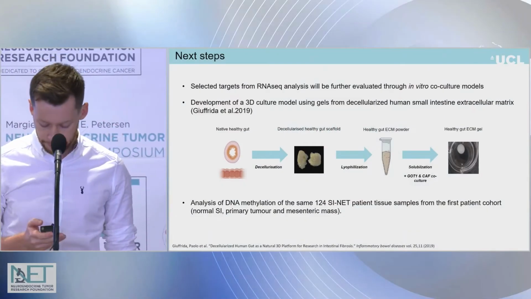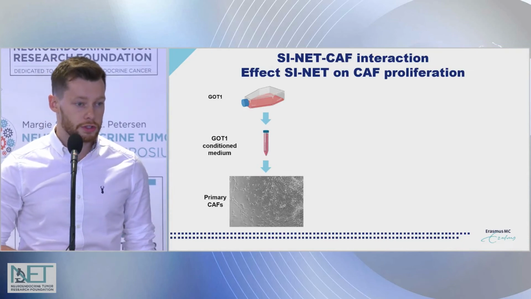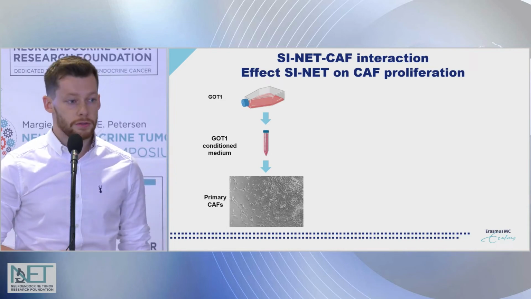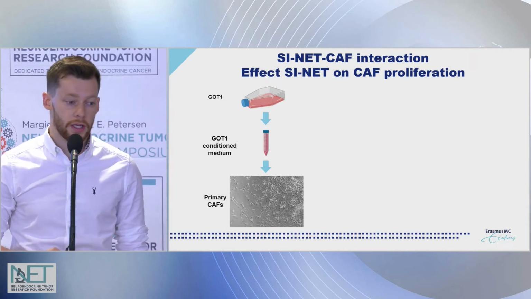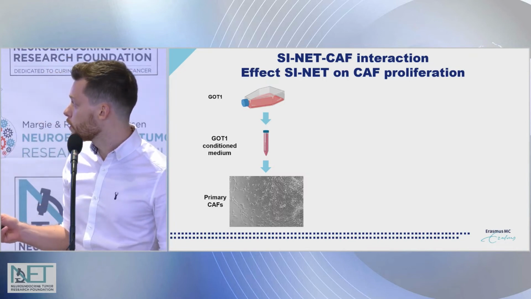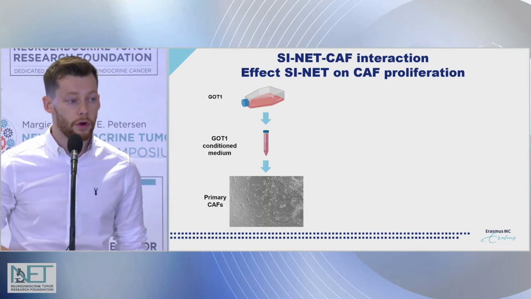So I'll be presenting a few slides of ongoing research from our collaborators in Erasmus, who unfortunately could not be here to present today. They are currently developing 2 models to assess the interactions between SINET cells and cancer-associated fibroblasts. The first being a 2D monolayer model looking at paracrine signaling. So this involves taking GOT1 cells and taking conditioned media from them, and then using that to culture primary CAFs